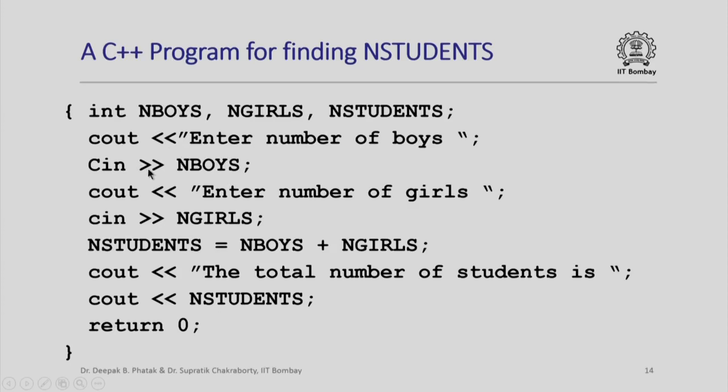Now why less less, greater greater, we do not know, but cout and cin do distinctly ring a bell in our mind. This is probably an output statement, this is probably an input statement. In fact, it is so. Here is another output statement and another input statement. Here is an assignment statement, n students equal to n boys plus n girls semicolon. Wow, this looks exactly like our instruction for assignment given to Mr. Dumbo. Indeed, C++ uses exactly the same notation.